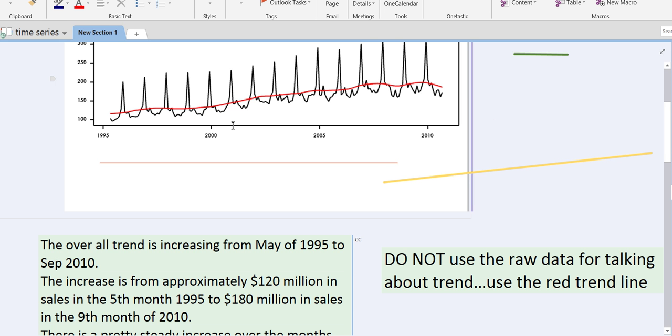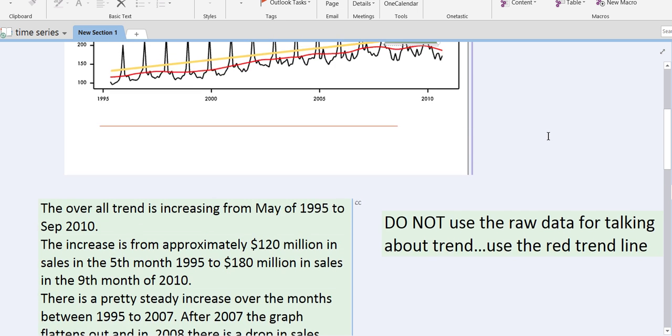Now, there's two things going on. There is this steady increase, a fairly steady increase, all the way up to approximately here, which is, by the way, around 2007. So there's this steady kind of increase in sales. And then at 2007, you have this leveling off. Within that leveling off, around 2008, there's this dip, and then it sort of rebounds again, and then it starts to decrease towards the end of the graph.